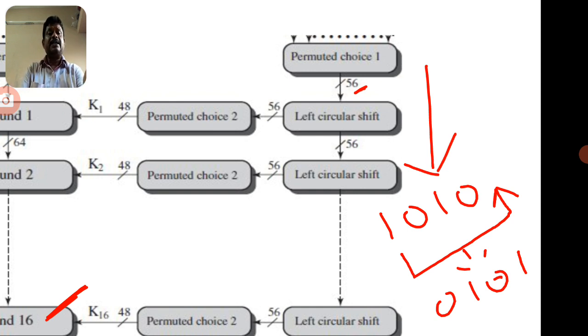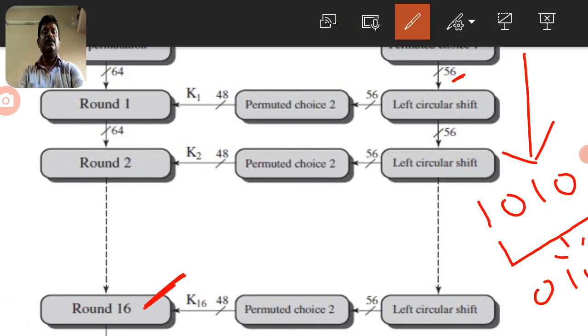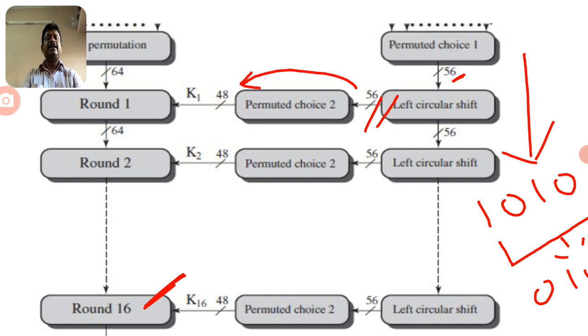So that takes the 56 bit data, and again the 56 bit data is applied to permuted choice 2. Then permuted choice 2 eliminates 8 more bits from 56, so it will be converted into 48 bits. Here you can observe. So the 56 bit data is taken here from the left circular shift. In permuted choice 2, it takes the 56 bits and converts them into 48 bits. So again 8 more bits are eliminated from the 56 bit data. That is how we finally derive the 48. So that 48 becomes K1. So the keys are generated.